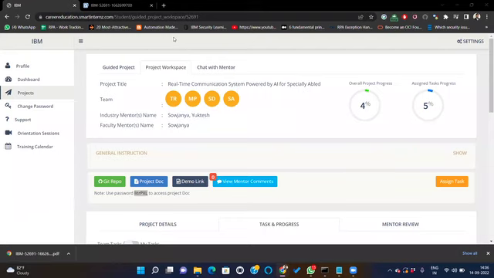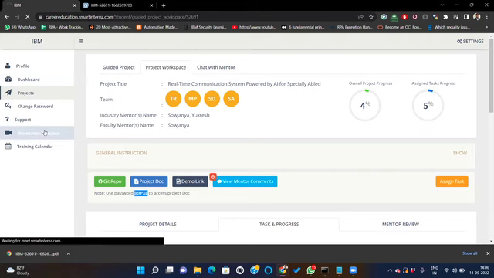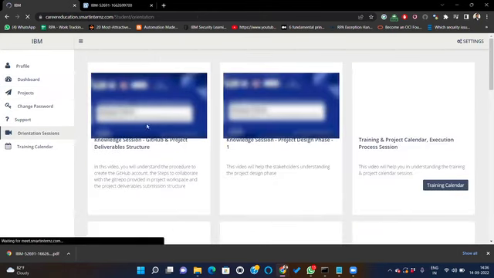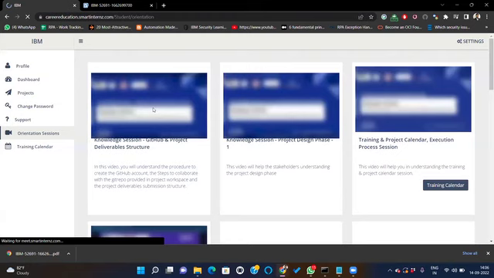Sir, what should students do to achieve the 20% milestone? See, students have to complete their activities as per the project timelines we have given. Students have access to the project timeline sheet in their orientation menu.